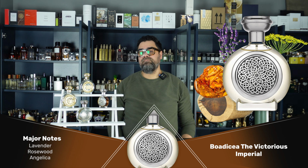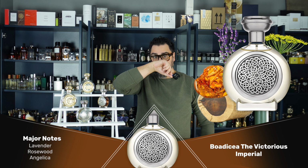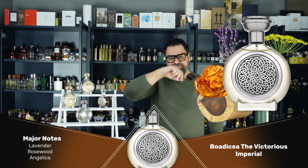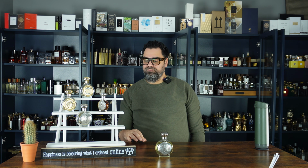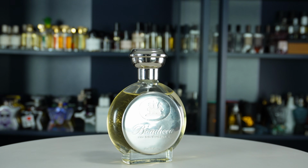So at the end of the day, it's got some complexity. It feels a lot more barbershop than woody, to me personally. It smells like an okay 90s scent. Lavender, some woods, some balsamic qualities, florals, green nuances. So there is some complexity behind this thing, but it's not like